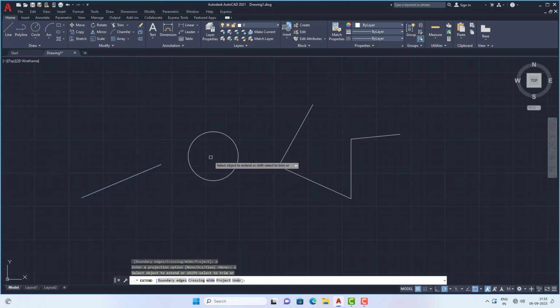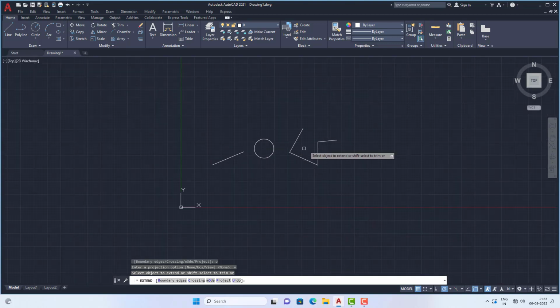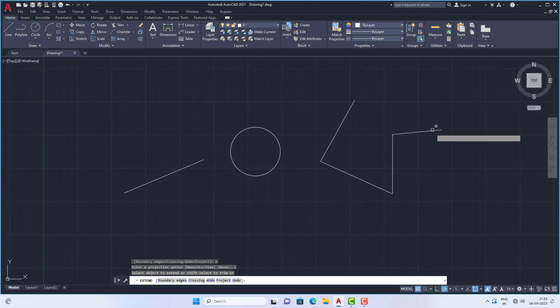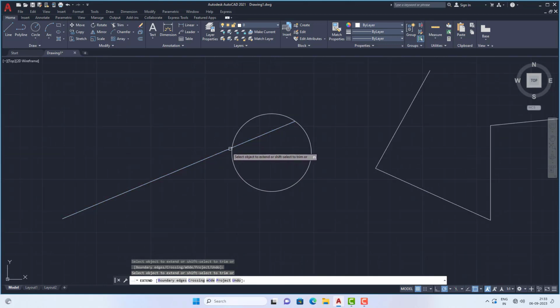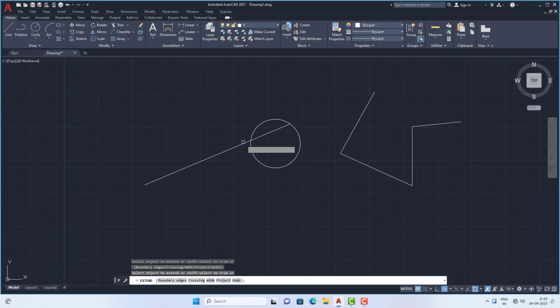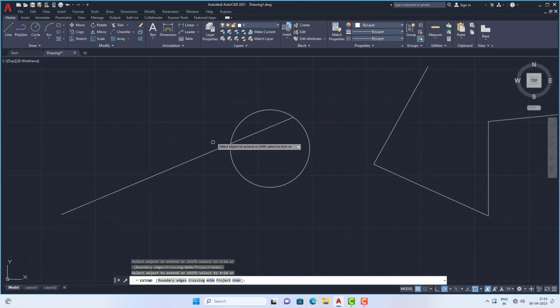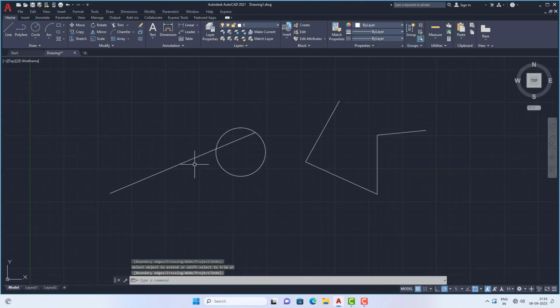Similar case, if you take the cursor near any edge point, it is showing us how these components are extending. I am clicking here and now I am clicking here. Like this we will extend the components by using this extend command to the crossing boundary or to the selected boundary.